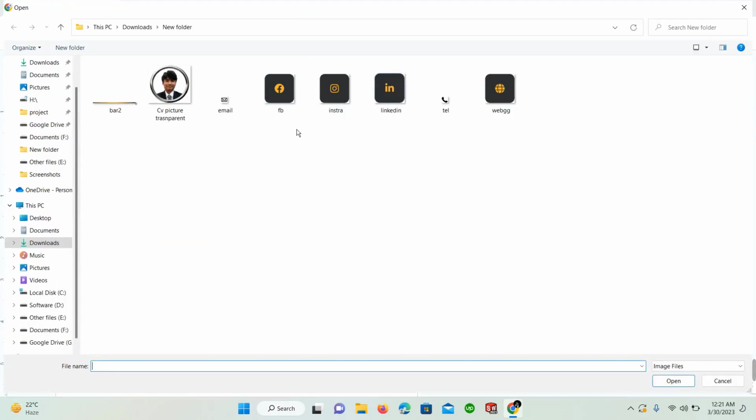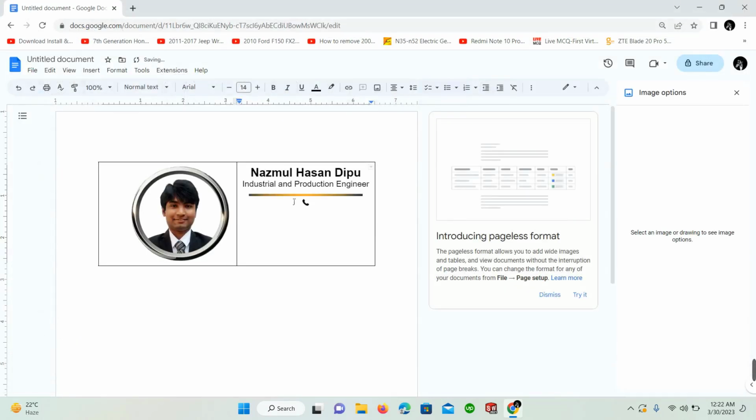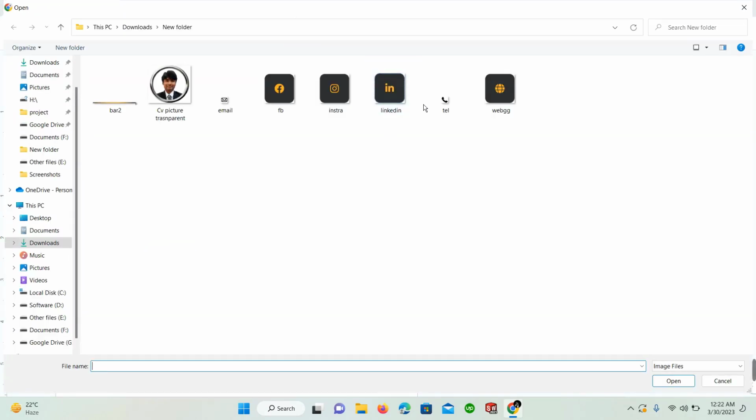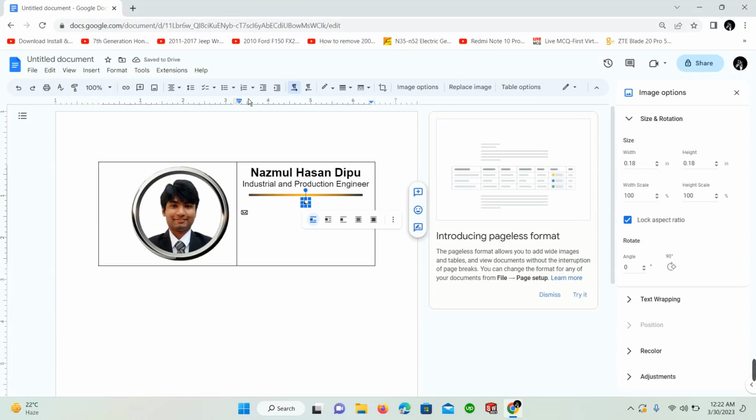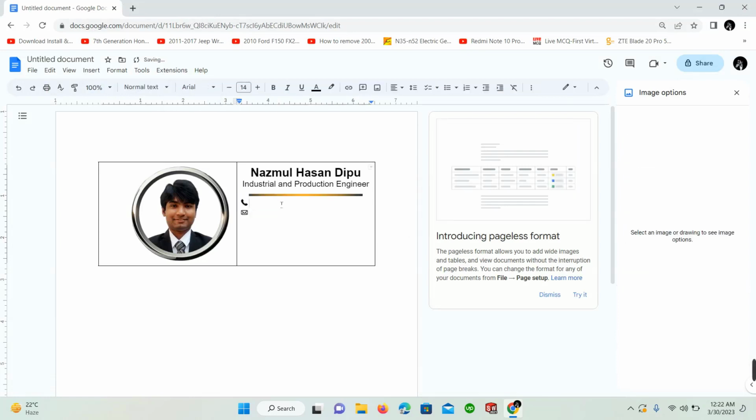insert telephone icon, insert email icon, align this left, align this left, type here your own cell phone number, then type here your own email address here,